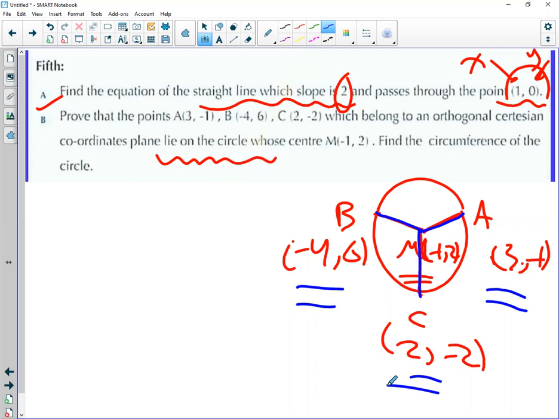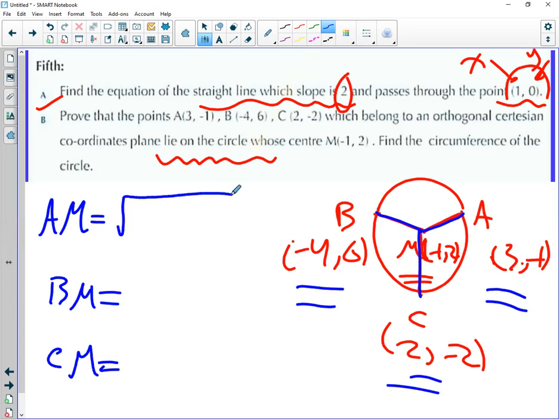So the line segment AM equals what? And the line segment BM, also the line segment CM. This is the distance between 2 points. And we know the rule of the distance between 2 points equals what? x2 minus x1 power 2 plus